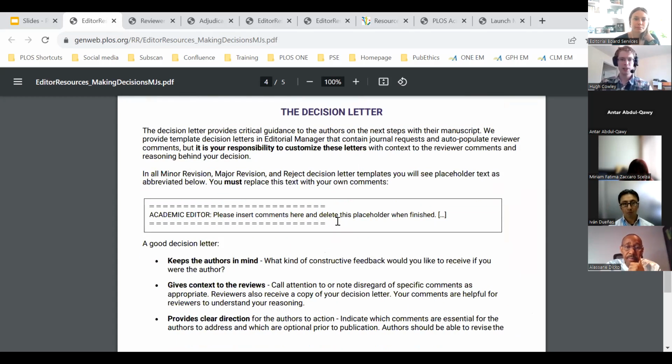In the decision letter, in the template email, there'll be a section that looks a little bit like this. It might have some extra text in there specific to the journal that you're working on. Please replace this text with the comments that you want to send to the authors. Again, we don't expect you to be writing huge amounts on this, with the exception of if you're reviewing the paper yourself, but a sentence or three stating any clarifications regarding the reviewer comments, that's all we're looking for here.